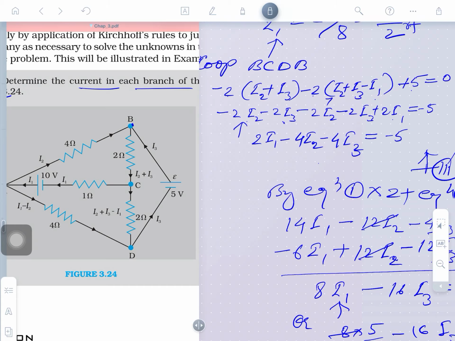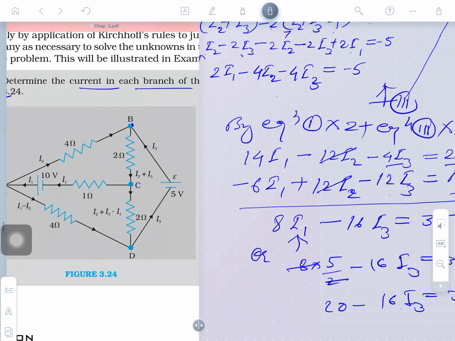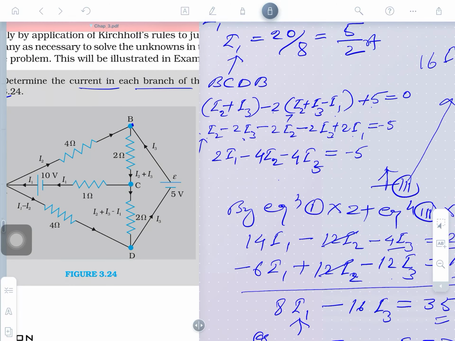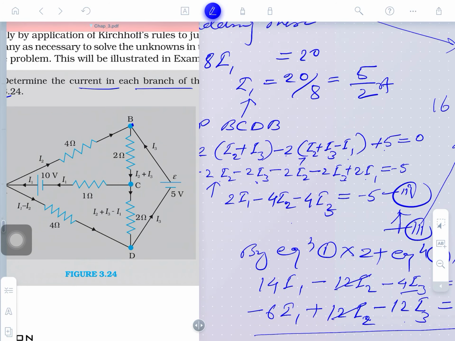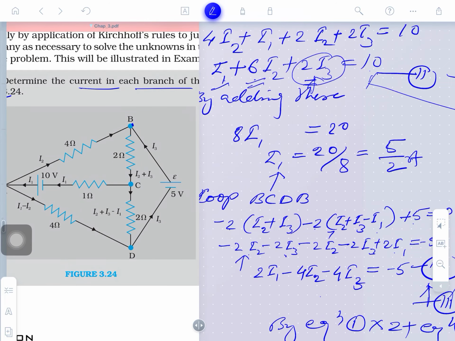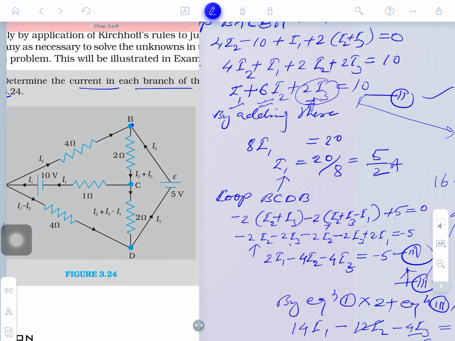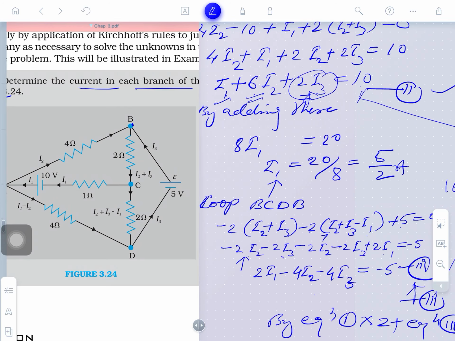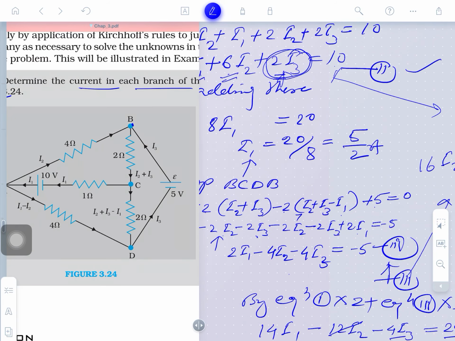This could be the equation, somewhat, equation second or third. What next can be done here? This is equation second, and what the third is there? This is third equation. I think this is third equation. So the coefficient is 2 times I1. Here is what? 4I3. 4 times I3. It's 2 times I3. It's 4 times I3. Opposite sign is also there.